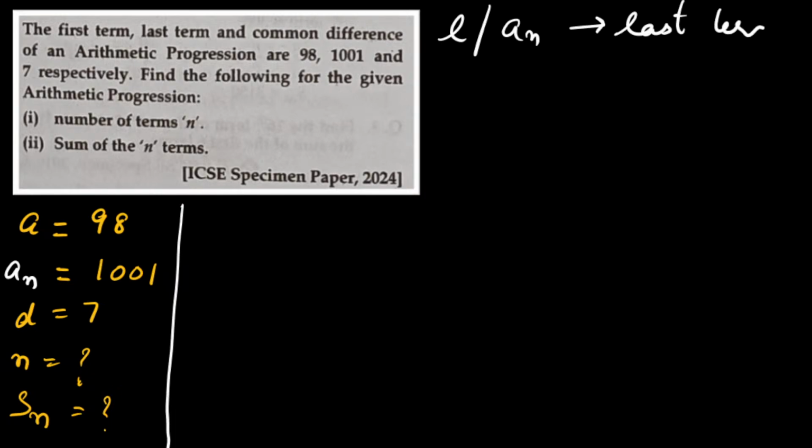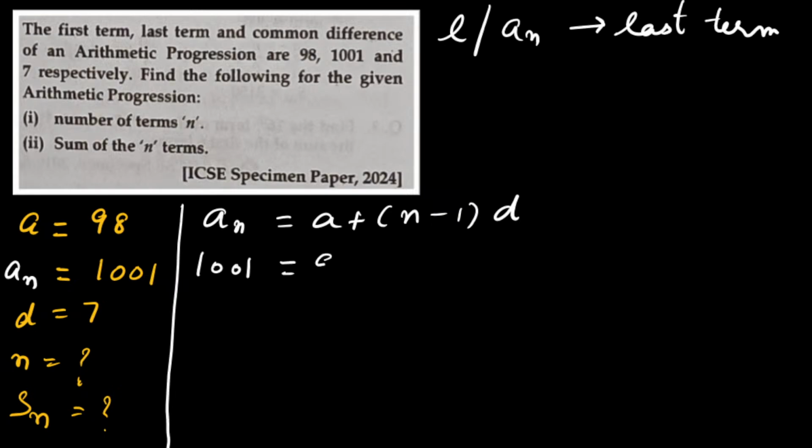So that means we'll make use of an's formula, because an is given to us, d is also given, and a is also given. An means the last term only. An is a plus n minus 1 into d. So an is 1001, a is 98 plus n minus 1, let it be as it is, and d's value